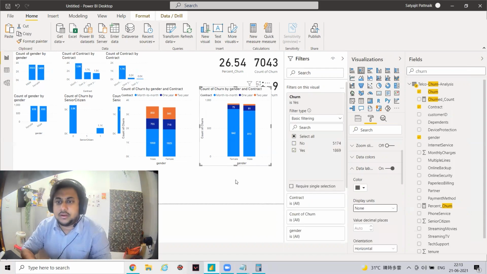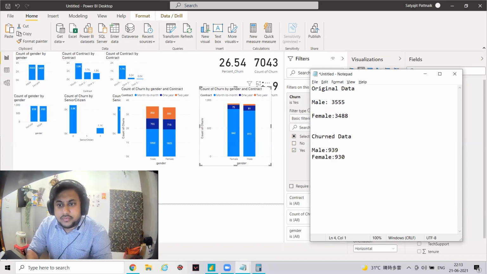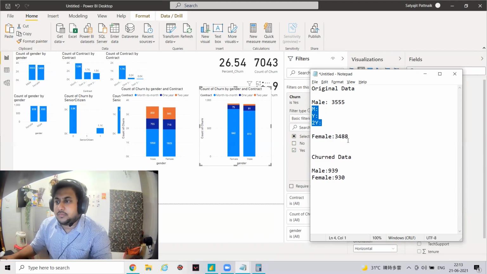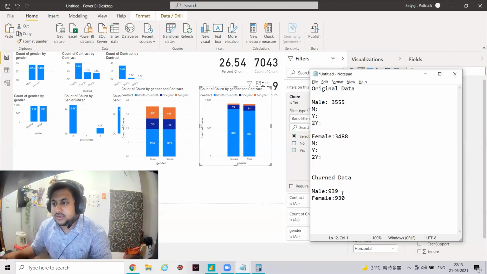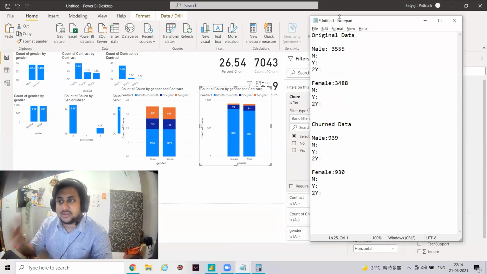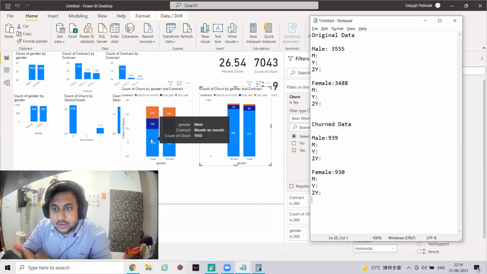Done. Okay, now in the male we will try to differentiate into contracts, right? Monthly contract, yearly contract, two-year contract. Similarly I will do it for females. See, this is a tedious task because you are analyzing multiple columns, right? You are analyzing 2 columns, and once it goes on, you analyze 3 columns, 4 columns, it will be a hell of a lot of messy work.